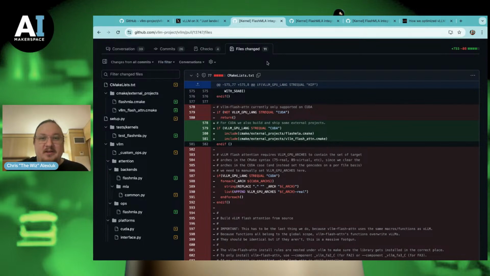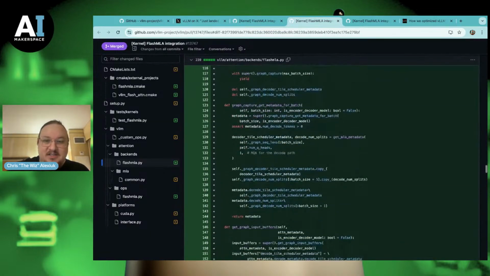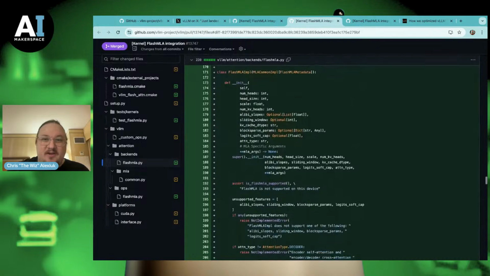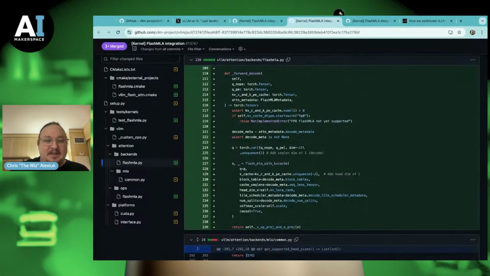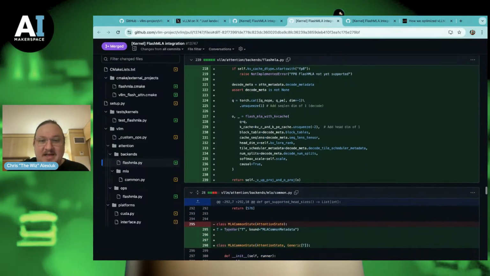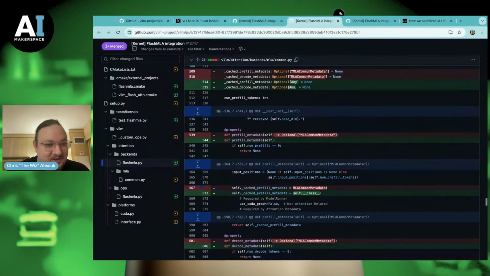The actual code changes are not insane. They're not easy. They're not straightforward. They're just work, right? Because basically our friends at DeepSeek released a lot of that work. It's a lot of just copy pasta, right? So we have this code basically straight from DeepSeek that's going to be leveraged to make that MLA a little bit faster. I'm just scrolling through code to show you, it's not a lot of changes, right?